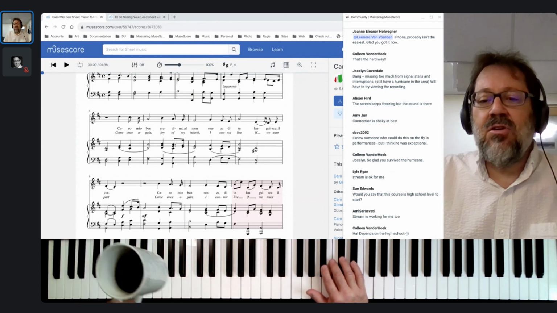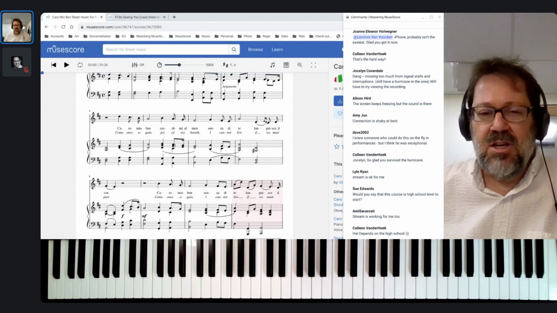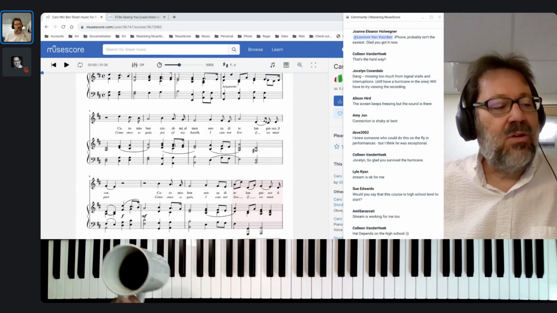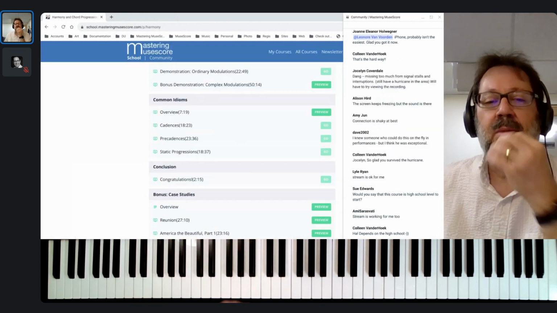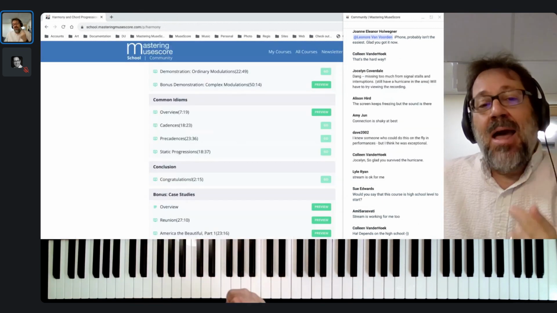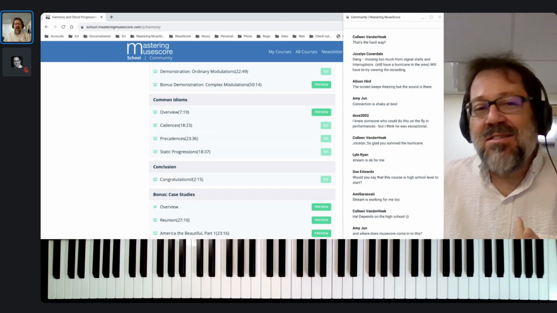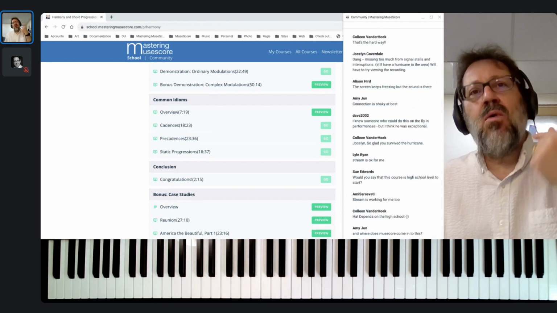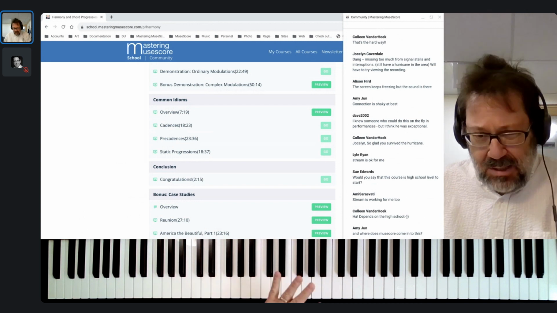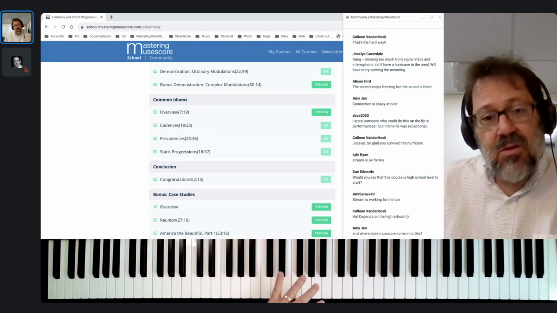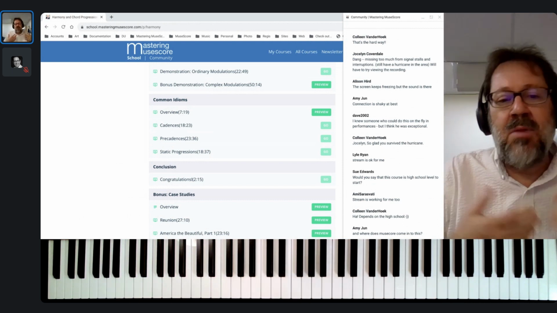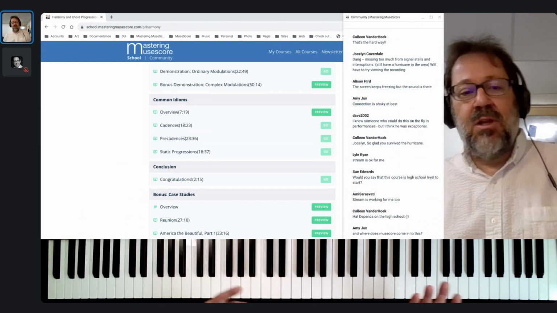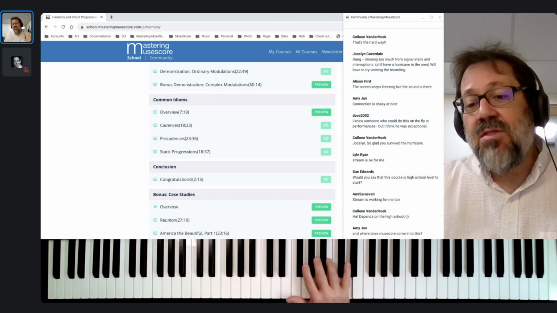So to answer Sue's question here, what level is the course? Well, let me come back to the actual syllabus. My expectation, so yeah, it's hard to say high school level, because if you think about a high school, typically they're not teaching music theory, right? They have a band program, they have a choir program, they might have beginning instrumental instruction. The only theory